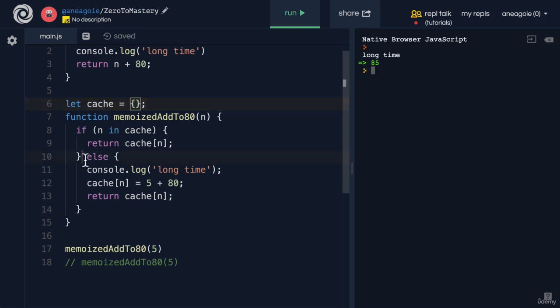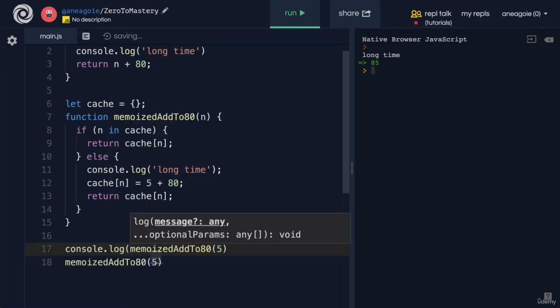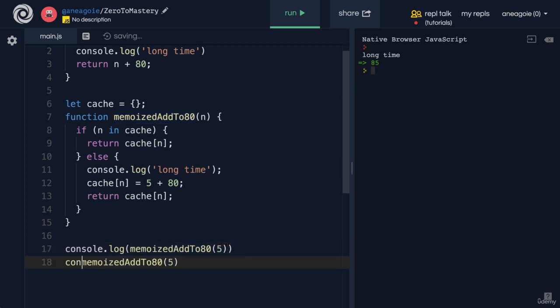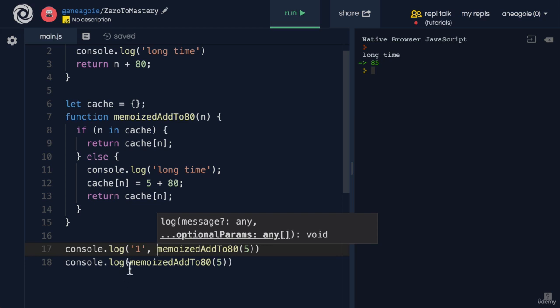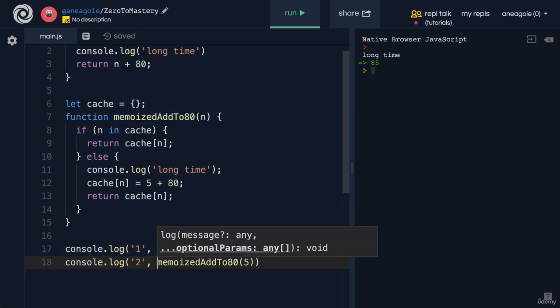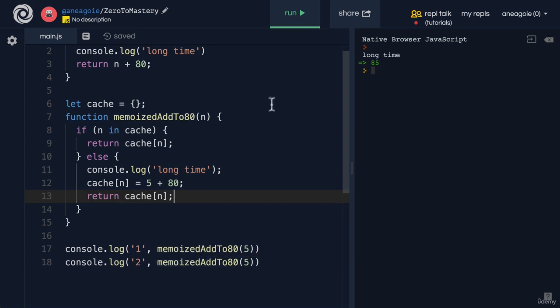The first pass through, it went through here and did this calculation that hypothetically is going to take a really long time. Again, we're using a nice, easy example here, but you can imagine this being a calculation that takes a long time, many seconds. What if we do this again? We can console.log here to make sure that we capture these values. And we'll label them 1 and 2, just so we can distinguish them. So the first call and the second call. If I hit run,